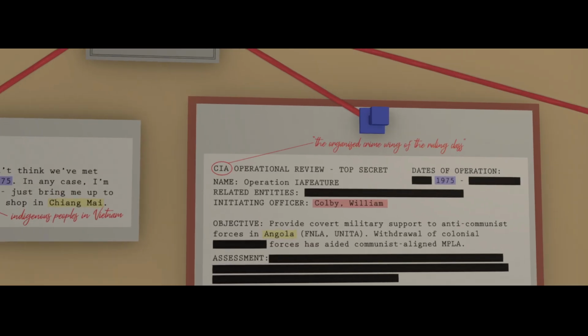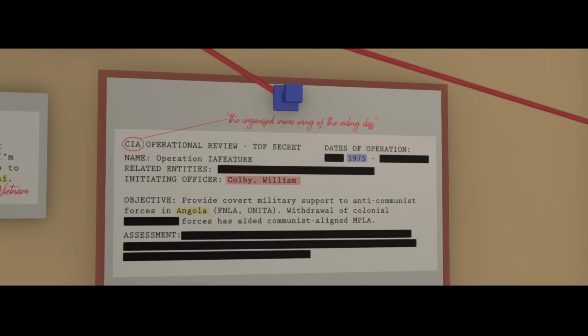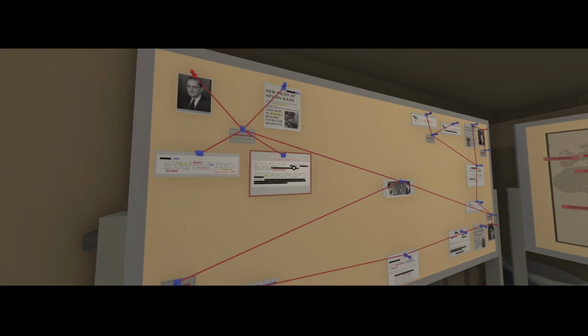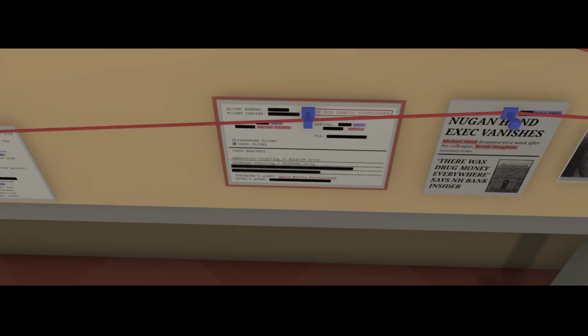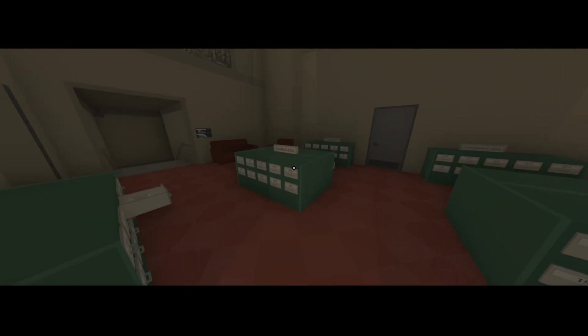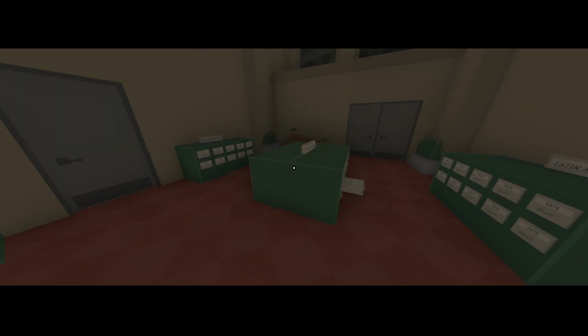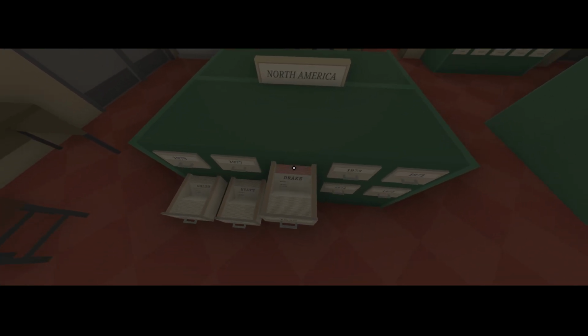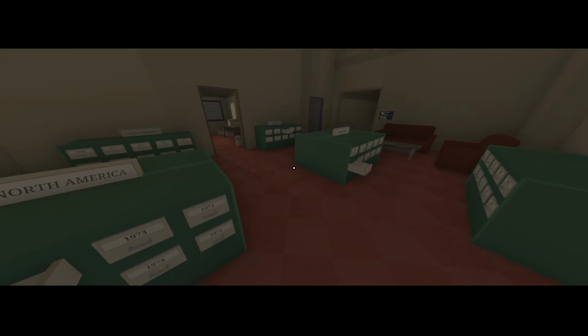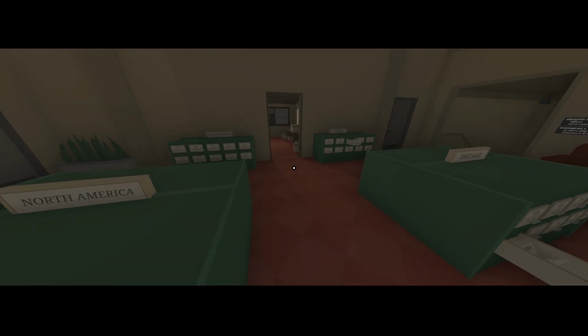So, was Colby William an undercover agent? Huh, let's get more into this. United States 1975. Let's see if we can find anyone in the United States in 1975. No, no one was in the United States in 1975.